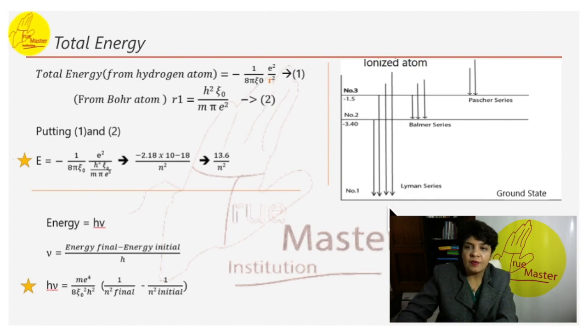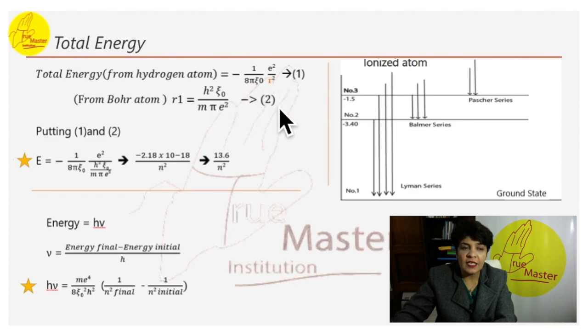Here the second series will be the Balmer series, then the Paschen series. To calculate En, the energy of the excited level, we know the energy of the hydrogen atom is 1 by 8 pi epsilon naught e square by r square. This is the total energy of the hydrogen atom. And from Bohr's atom, we know r1 is equal to h square epsilon naught by m pi e square. Now putting 1 and 2